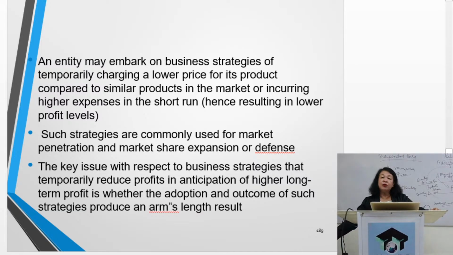So, kahit nasabihin mo na po na strategies yan,